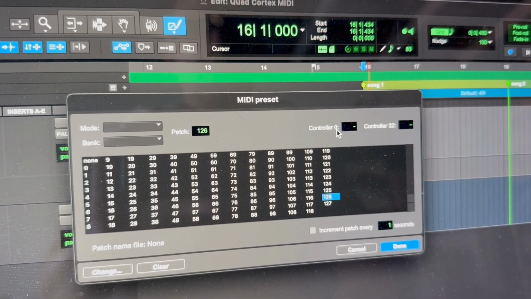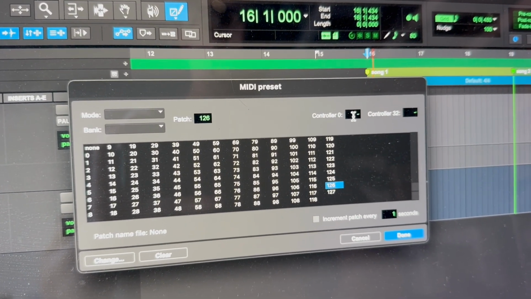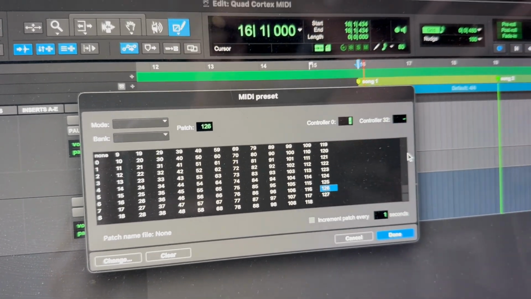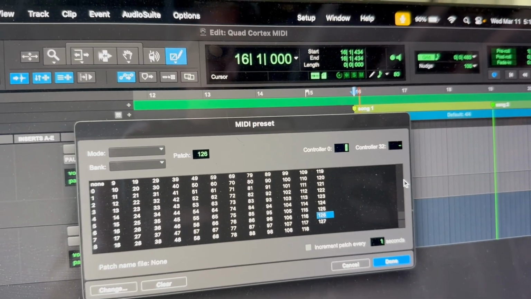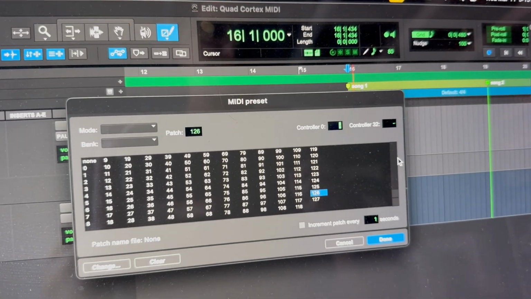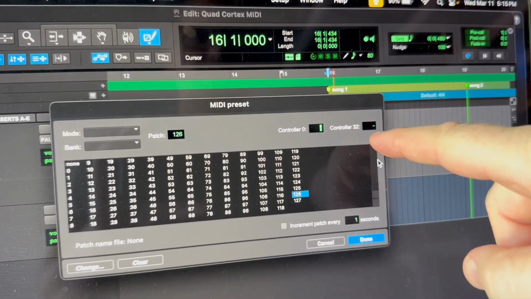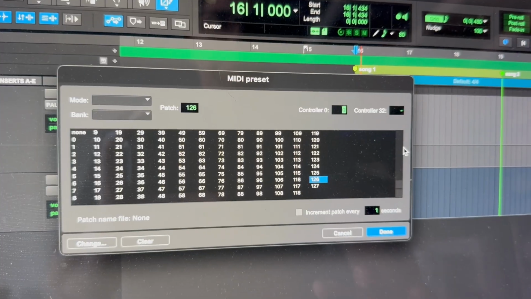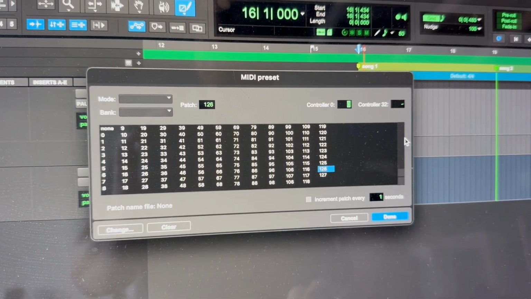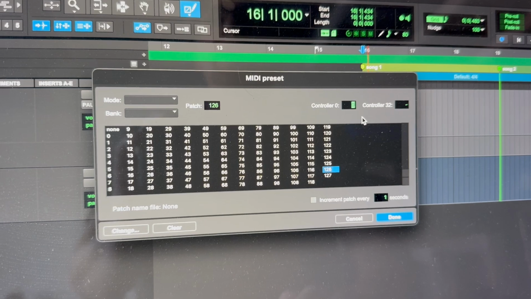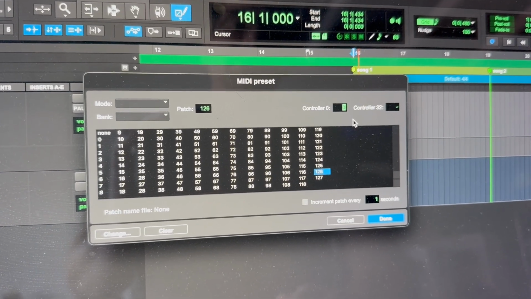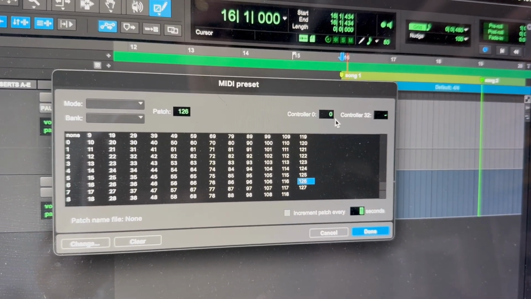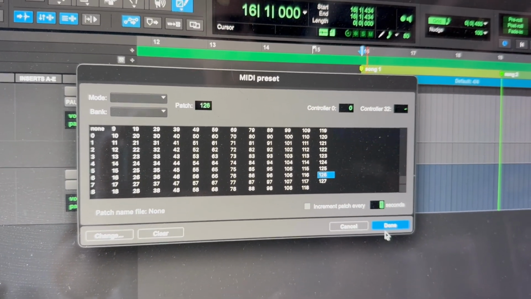And controller 0 up here is the bank information. And if you just see this little line there, that means just ignore it. It's not reading any of the information. This dash is very different from 0. 0 is a physical thing. This just says ignore. So I want to define every time what bank I'm in, because if I have 72 songs that are in bank 0 and then one song in bank 1, that's going to wreak havoc as soon as I put that 1 in here if I've left the other ones blank. So as soon as I hit tab right there, hit done,